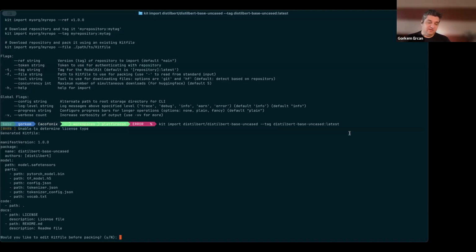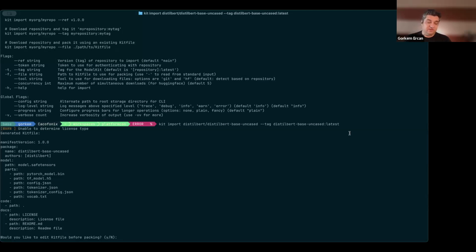So at this point, the kit CLI went to Hugging Face, looked into the repo, and determined that, oh, these are the model files. As you can see, they actually have multiple weights here. There's a safetensors one, and then there's H5, and I can see, do they have the Rust one as well? I don't see it. Maybe they do. But typically, you see multiple weights in a Hugging Face repo.